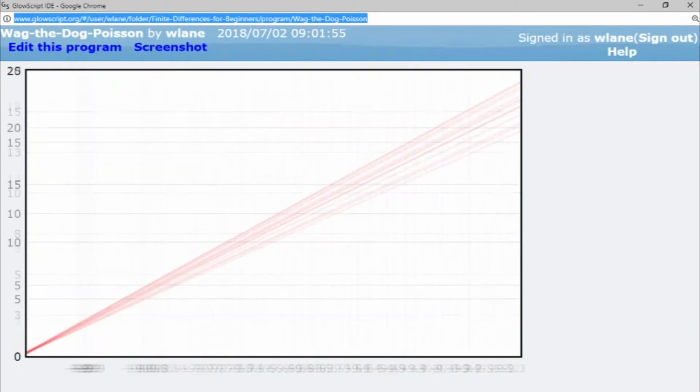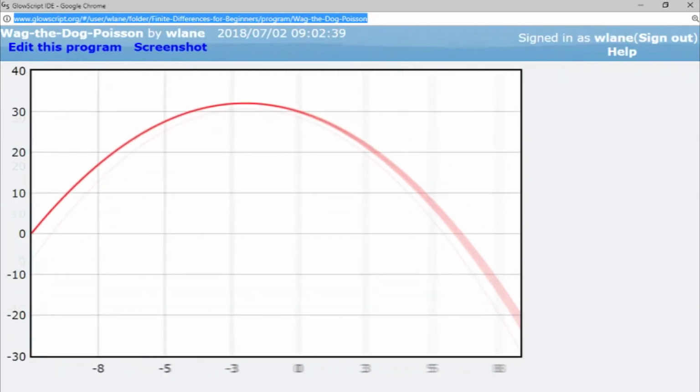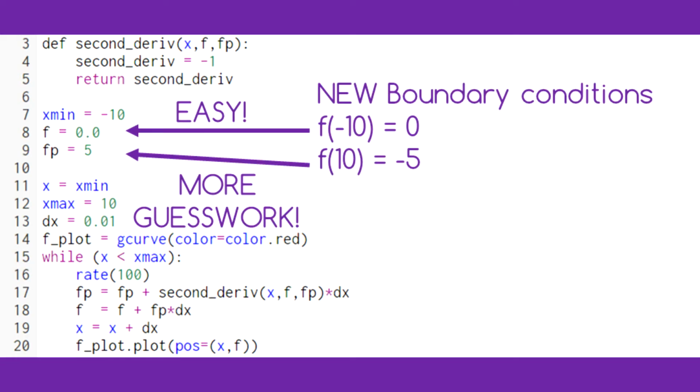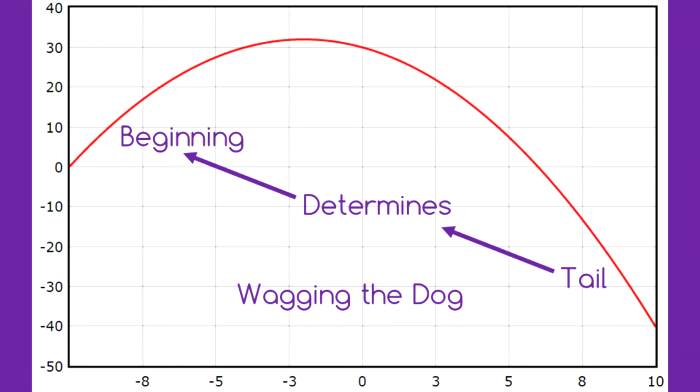You can think of this as like trying to throw a basketball into a hoop. You can't control where the basketball will land, only how you throw it. Then, as soon as we get a different set of boundary conditions, we have to start all over again. We call this process wagging the dog because the tail of the function is dictating what should happen at the beginning. Wagging the dog becomes more difficult with more complicated functions for the second derivative, and even more difficult when